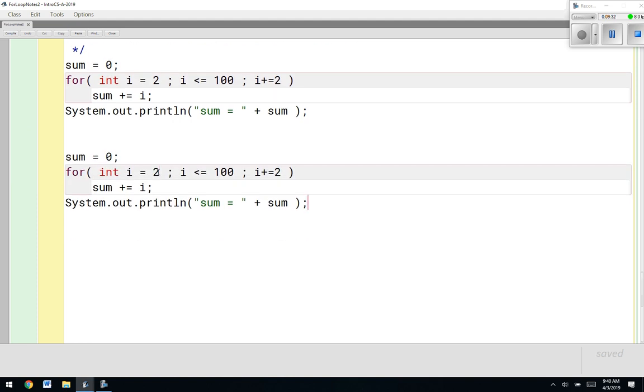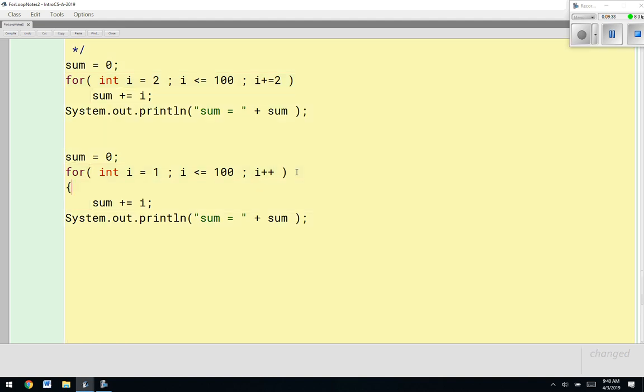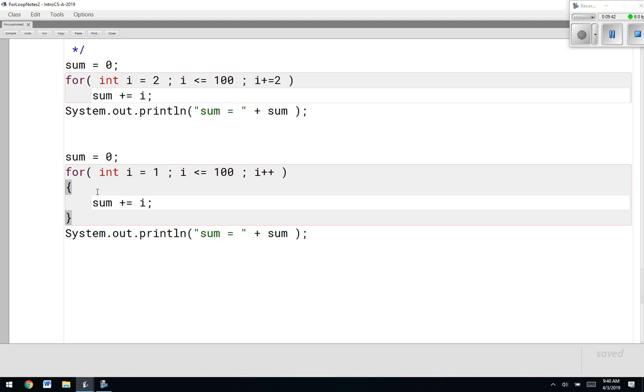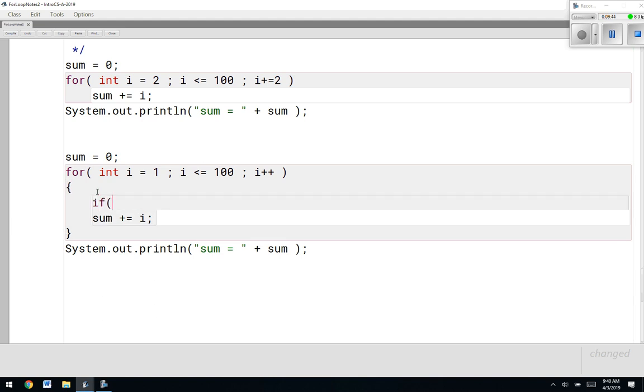Now, this is not the only way we could have done this. We could do this in another fashion. So I'm going to do the same thing. I'm going to copy paste this. I'm going to put it back to what it was originally. So this is 1 to 100 plus plus. Another way I could have done this